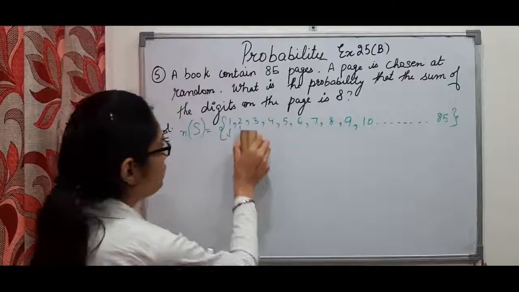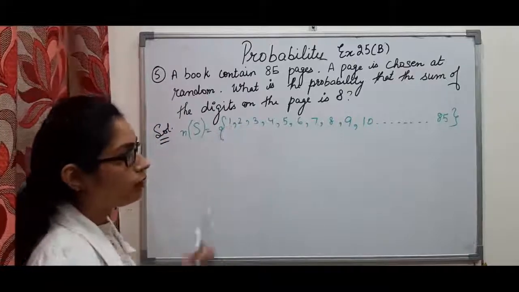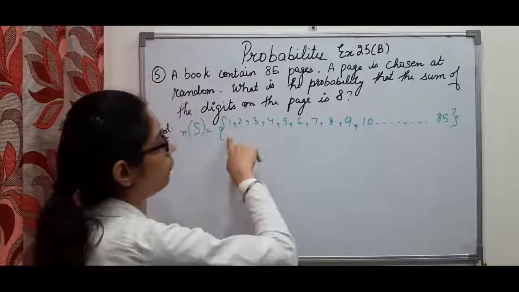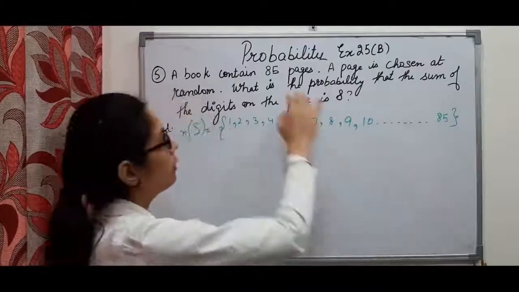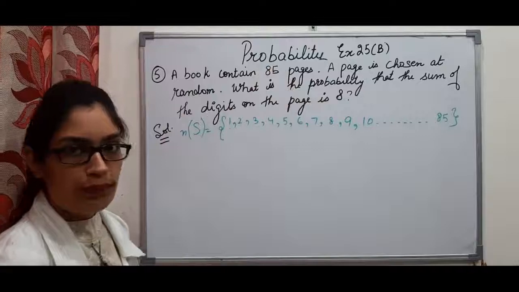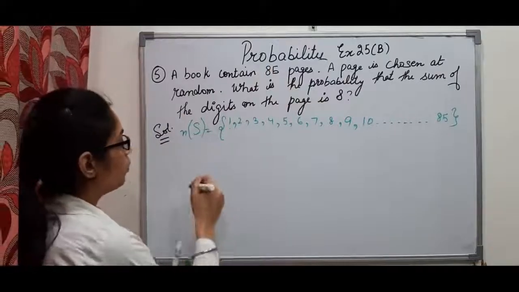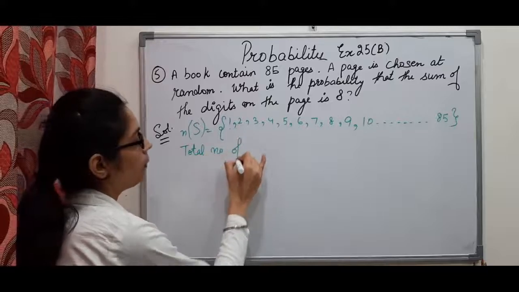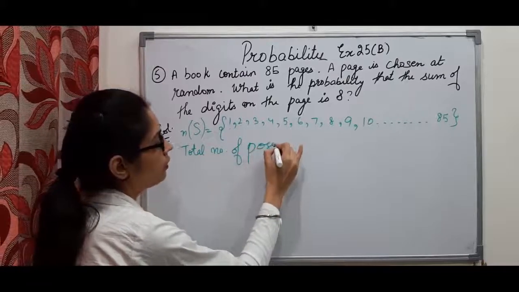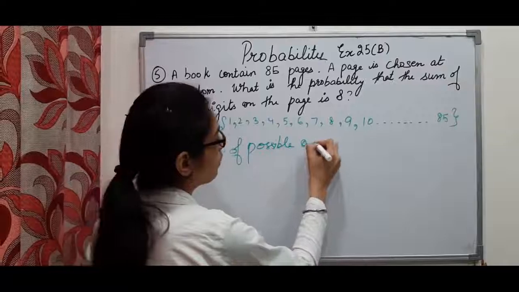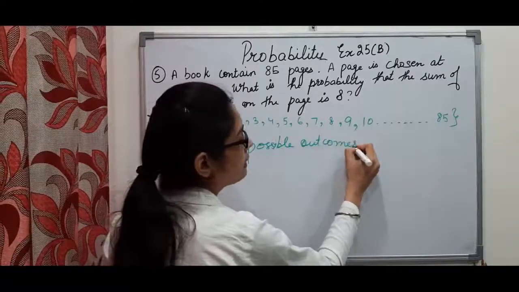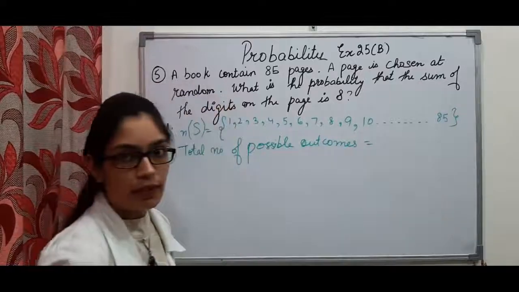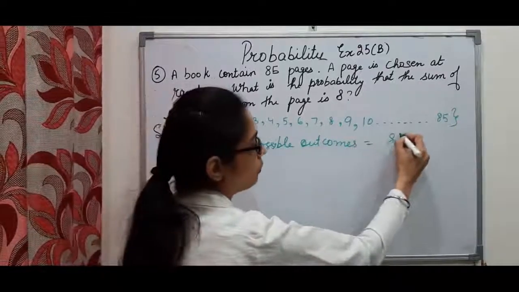So this is sample space. If you want, you can write it full, but it will consume a lot of time. So directly you can write it's 1, 2, 3, 4 up to 85, because they have written 85 pages are there in a book. So total number of possible outcomes will be... Since a book has 85 pages and these are total of 85,